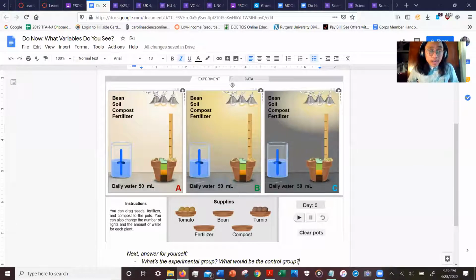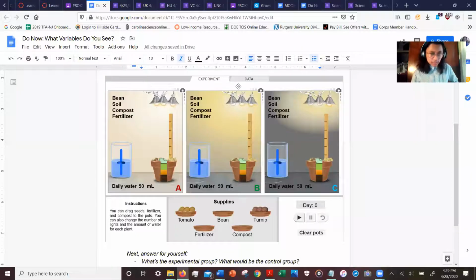Now that we know why we need just 1 independent variable, can we see the dependent variable based on this picture? The quick answer is no. Based on this image, I do not know what this person is measuring. It could literally be the height of the plant, it could be the weight of the plant, it could be the color of the plant. Both quantitative and qualitative data is valid here, but I have nothing that tells me exactly what they're measuring. So no idea how to determine the DV based on this,